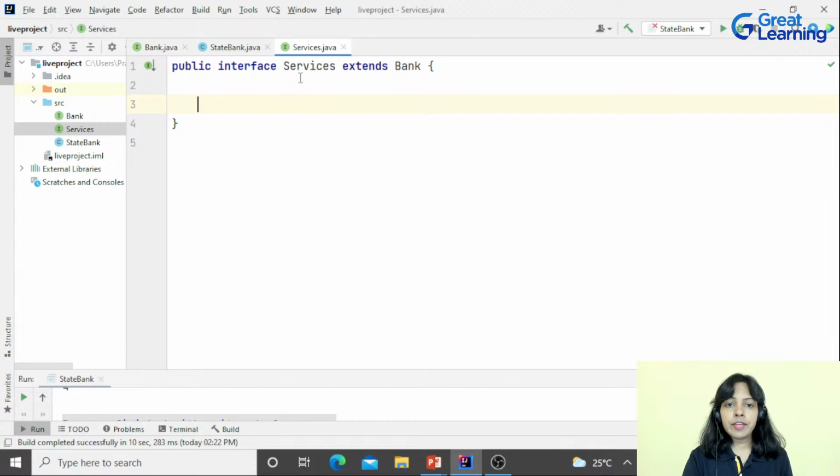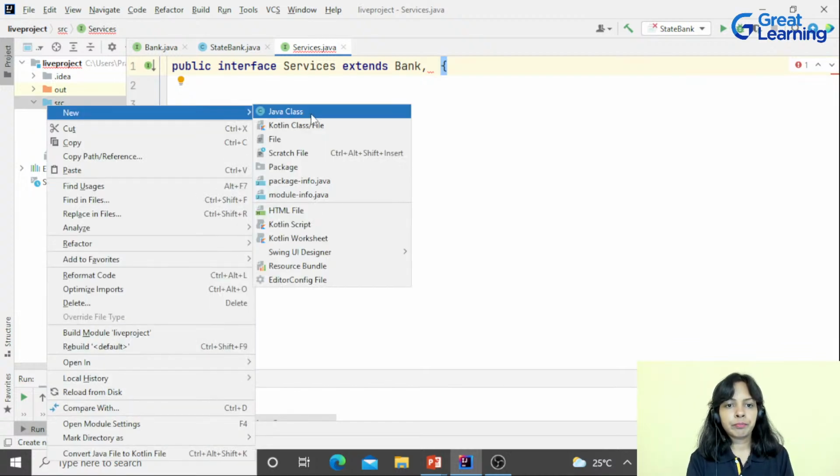Can an interface extend multiple interfaces? Yes, an interface can extend multiple interfaces. So if there would have been one more interface, then I would have written here extends bank, comma, that interface. Clear? Like I can create one more interface for you, suppose.